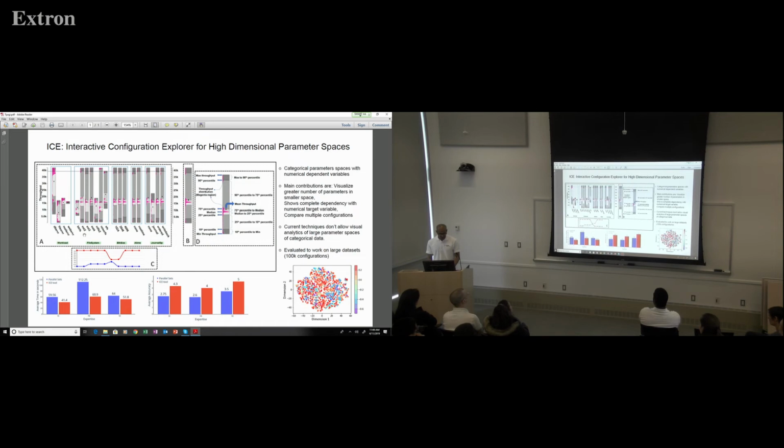So what we see here is a sample example of a systems data set which is categorical in nature. So workload, file systems, these are all variables, and then they all have a dependent numerical variable which is the throughput or the performance of a system. What we see here is these green buttons are the variable names, and then they have certain levels inside them which are shown in the form of these bars. Each of these bars contains information of how these parameters impact the dependent numerical variable in the data set.